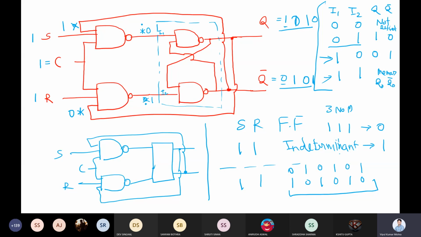But there is one challenge, right? The challenge here is, do we have any control on this toggle? How many times will this toggle? Let me say, if your clock is like this, I'm drawing a clock diagram.